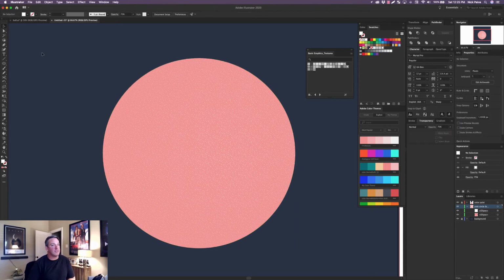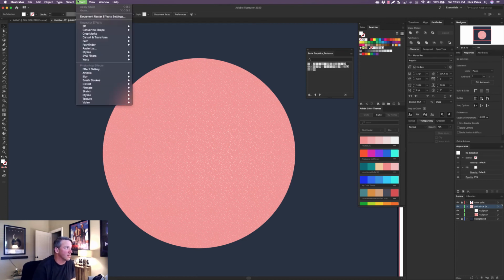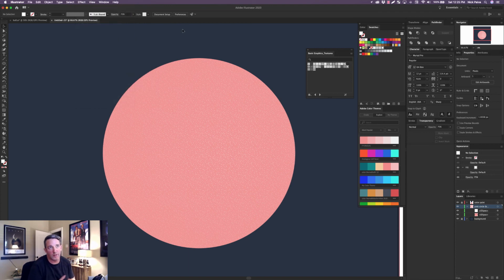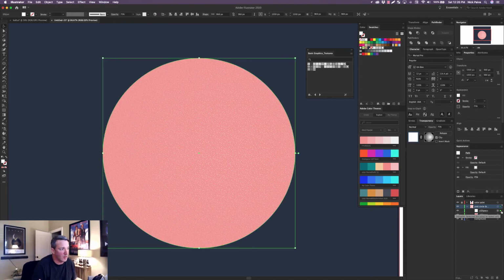So this is a texture technique that I use. Like I said, it's sort of lesser known. I know there's a ton of tutorials out there showing going up to Effect and selecting the grain texture and stipple and all that stuff. It's just different. It's a matter of preference. I like this one just because you have a little more control over it as far as changing the color